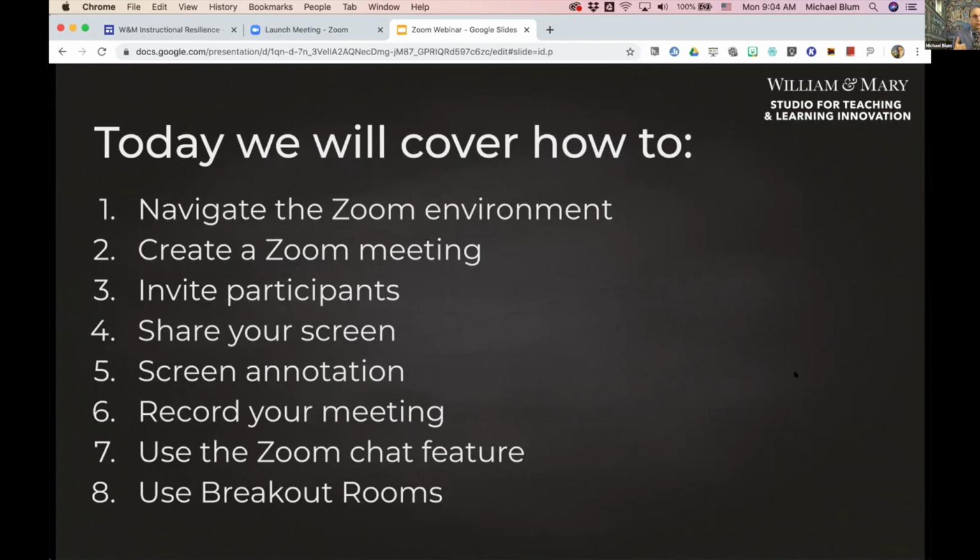I'm going to show you how you create a Zoom meeting, how you would invite participants to that meeting, how you'd share your screen like I'm doing now, then how you can annotate on your screen. If you wanted to use a whiteboard or annotate on a PowerPoint, you could do that. And then I'm going to show you very briefly how to record your meeting,